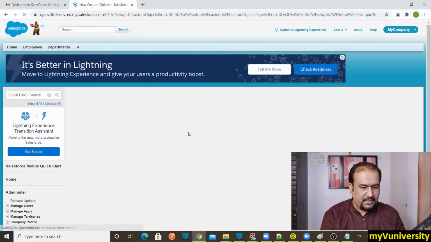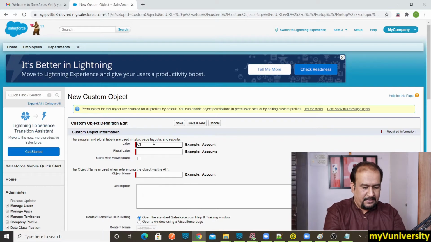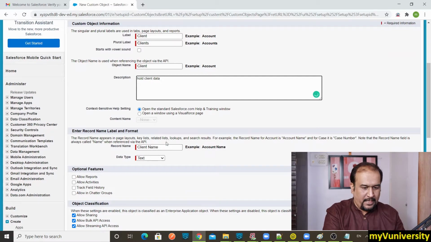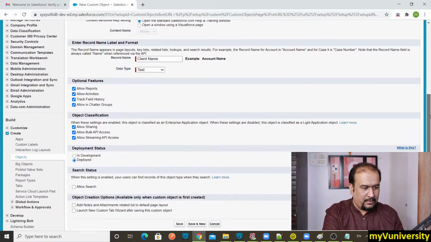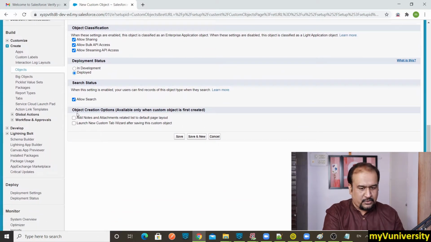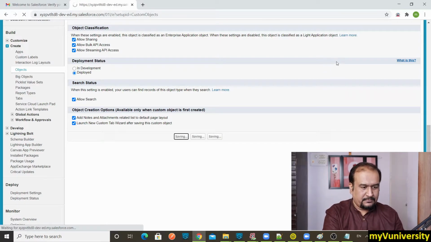New custom object, client, plural label clients, description holds client data. Other defaults are okay, client name as the standard field. Select all these options, allow search, and I want the tab to be created right away.